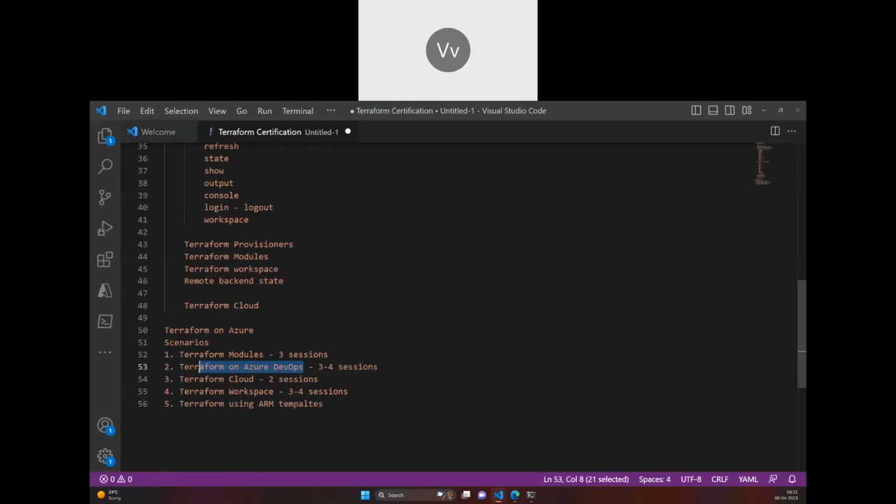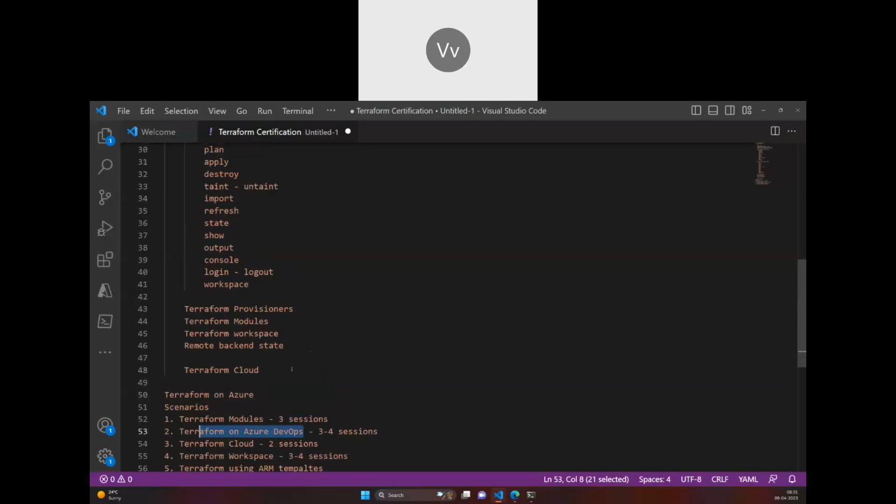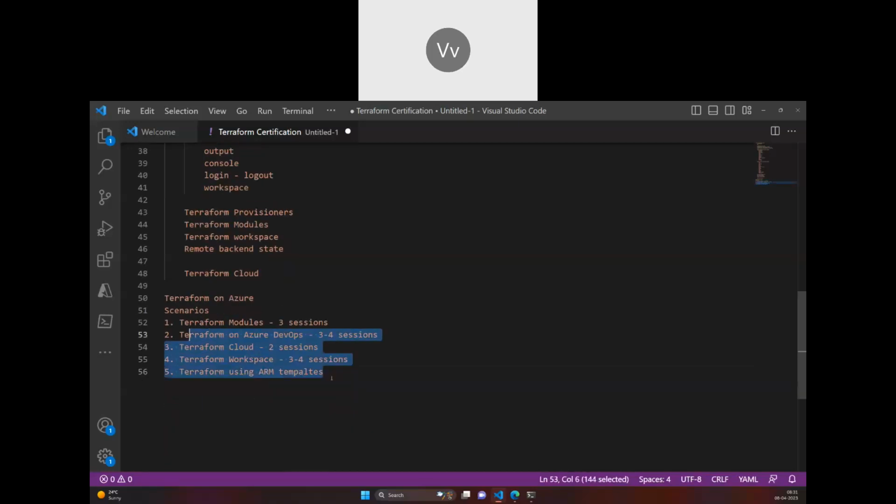I could actually say that Azure DevOps is one of the most preferred tools. Well, I was seeing that specifically for deploying things on Azure. But if you're going with AWS or GCP, we have respectively other integration services. So even Terraform integrates with Jenkins or Terraform itself. They can go for Terraform Cloud and all that. So the scenarios I already mentioned.